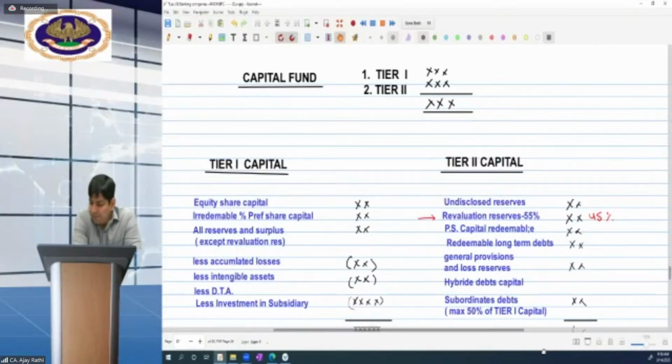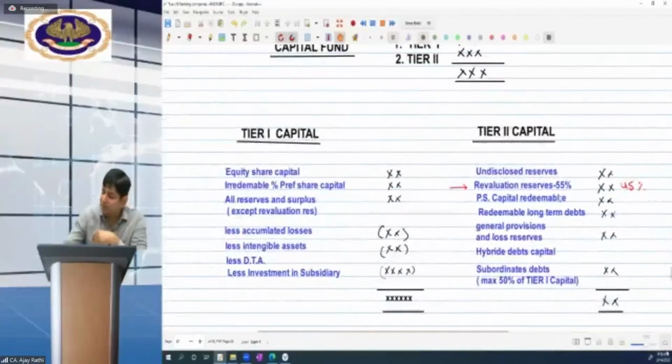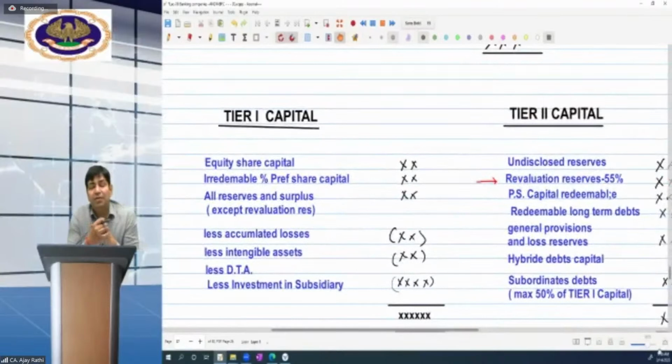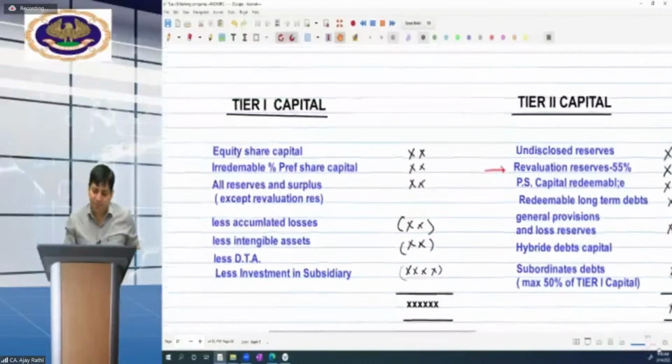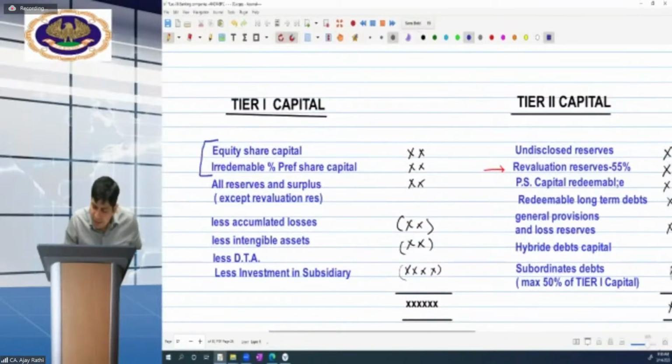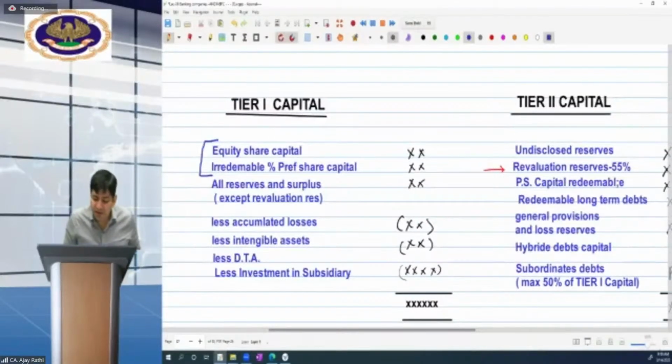Okay, beta. See, in case of Tier 1 capital, which type of items are coming in this? Beta, what capital the bank is having and maintaining for its main business. See, the bank is having equity share capital, irredeemable preferential capital. These are capital. Okay, beta. Now see, after that,